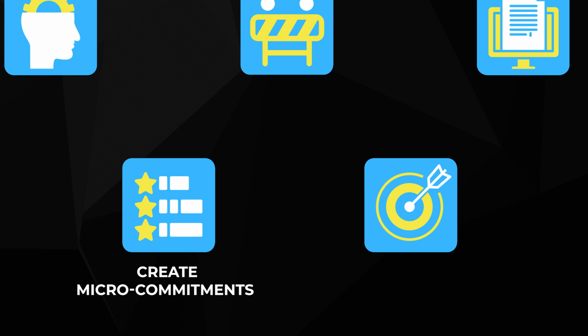Step 4, create micro commitments. If a client isn't engaging in small steps, they'll disappear when it really matters. Here's how to keep them invested from start to finish. The biggest mistake: expecting clients to actively engage without pulling them in. If they don't have skin in the game, they'll vanish when you need a critical approval. They've got a million other things going on, and you are just one piece of the puzzle.